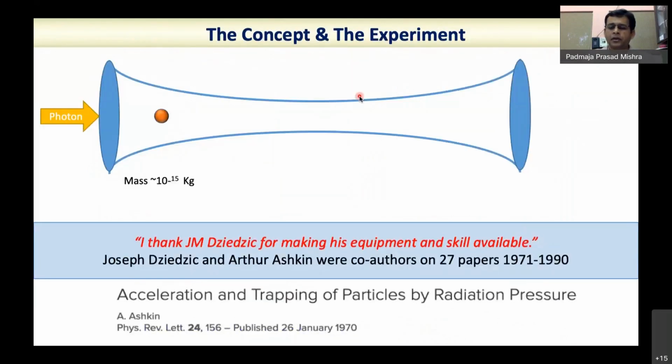He carried out a simple experiment where he put a lens in front of a laser beam, and there are some particles in front of this lens. Let's say this is the path of the laser beam, and what he saw is that whenever he irradiated the laser beam, the particles in front of it